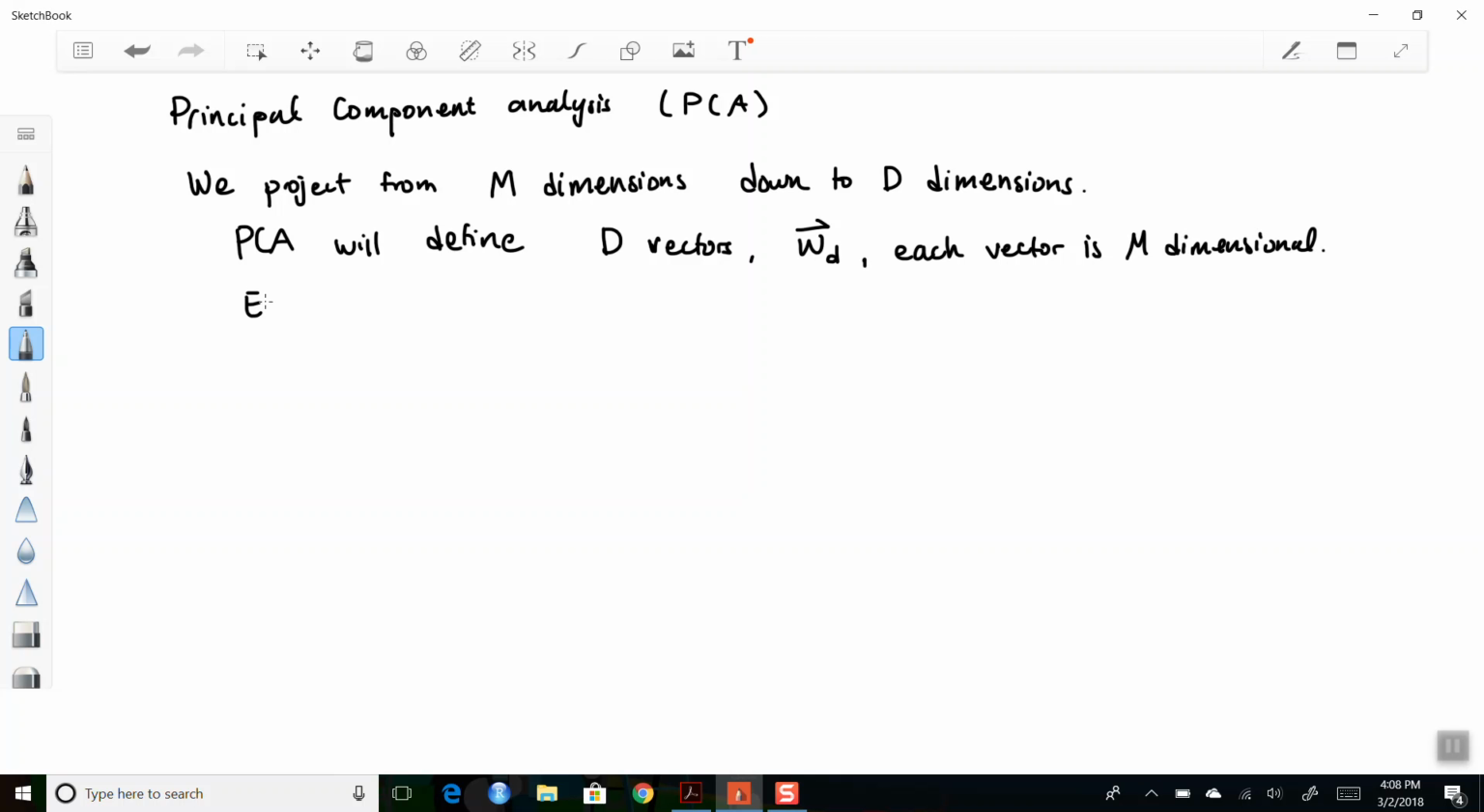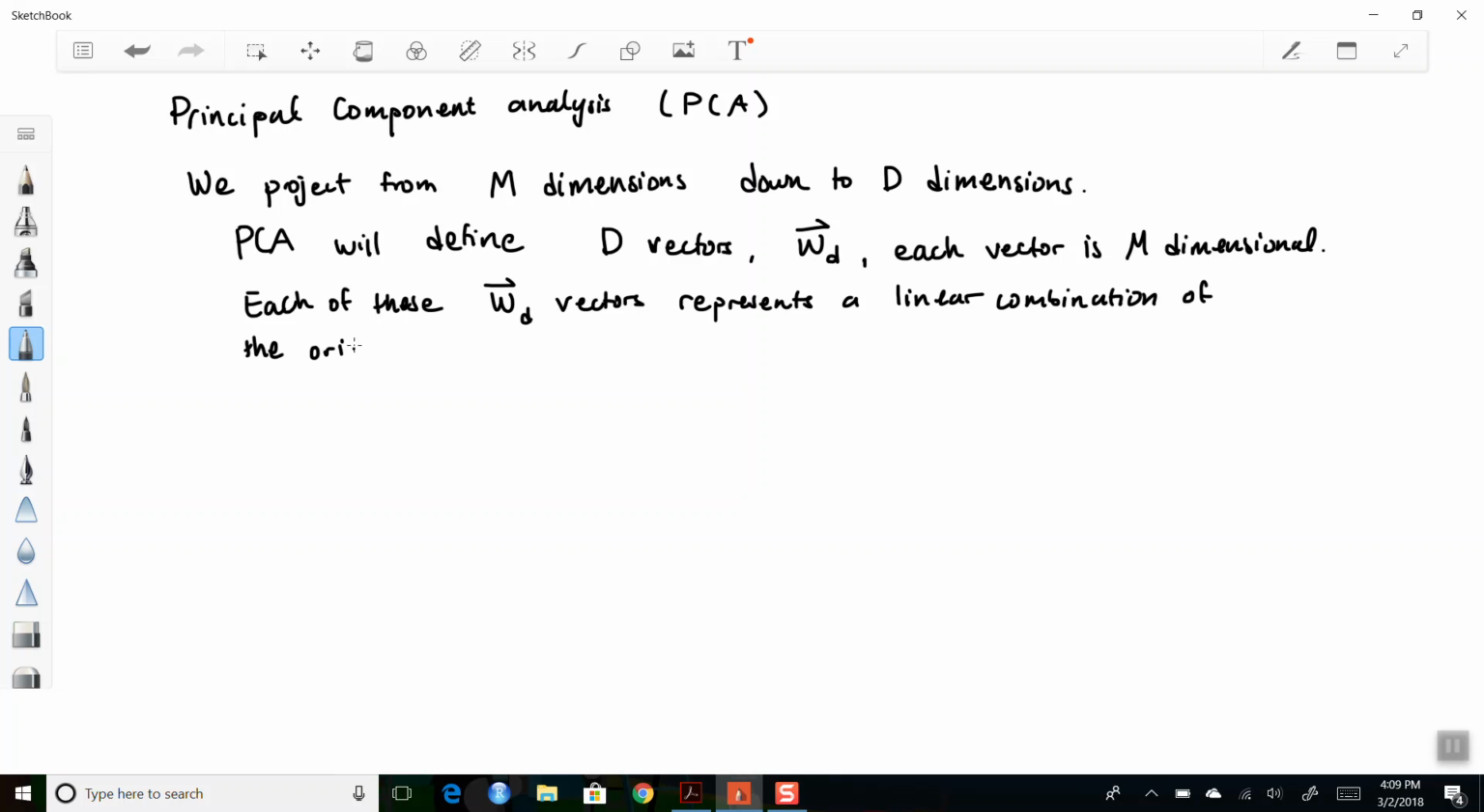So each of these w sub d vectors represents a linear combination of the original m vectors. Okay,